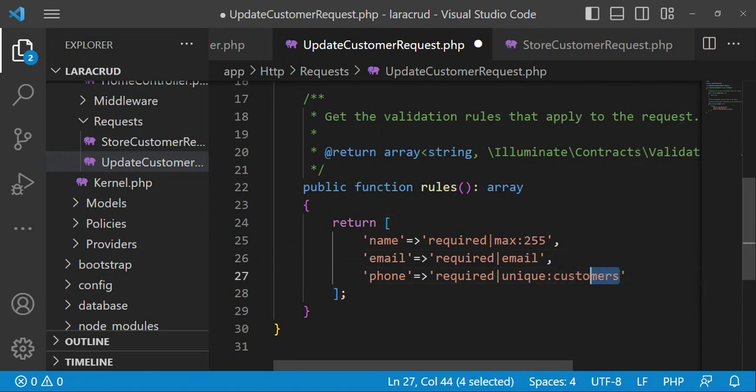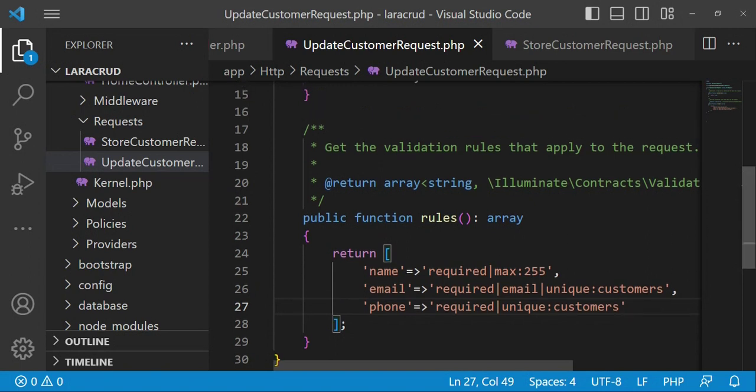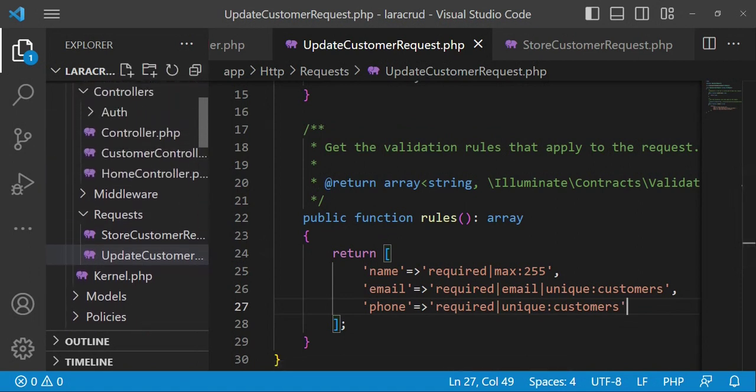No, we can just have them, because somebody can update an email that is different from the specific record that we are updating. We will wait and see what happens there. So let's just have it like that. In case of anything, you can modify. Now, after this update customer request has been validated, then we can also go ahead and